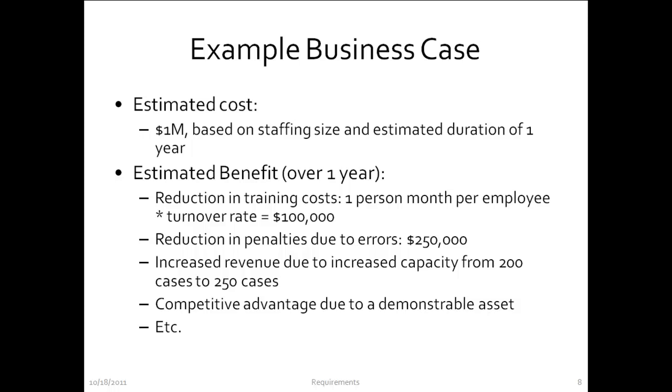Looking at the benefit side of the equation, you will see how we calculated that. We said having a software system in place will reduce training costs because training doesn't have to be sitting with the person for a month and watching and explaining to them in detail how they should do the work. The system would guide them, and they would only need to train in the use of the system, not in how the process worked. And we estimated that we could save about 1 person month of training per employee, and